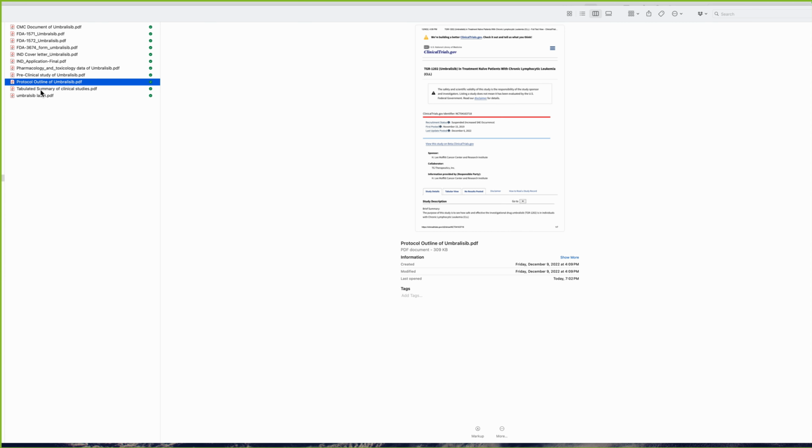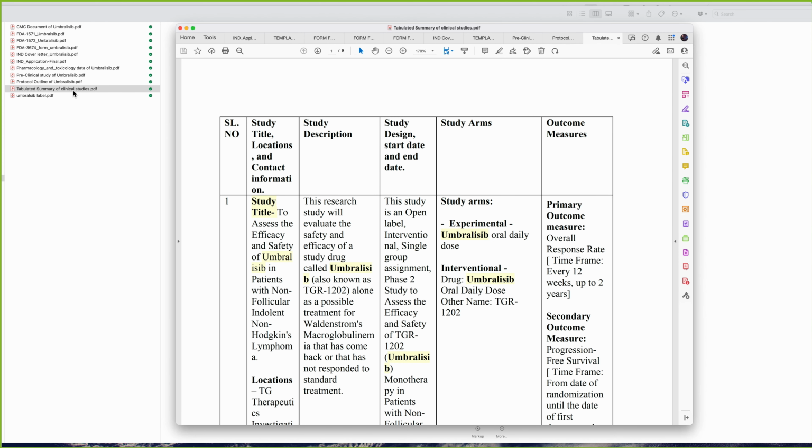Now, going over the tabulated summary of the studies, again, this is what we have to add as well in Module 1, in Module 5 as well. This is for clinical studies. Again, here, who writes this document? A regulatory affairs writer. Maybe clinical research can also give you this table, but in any case, a regulatory affairs professional is going to